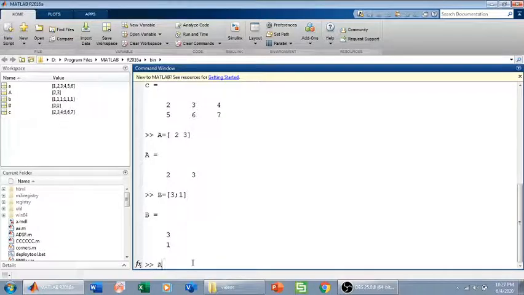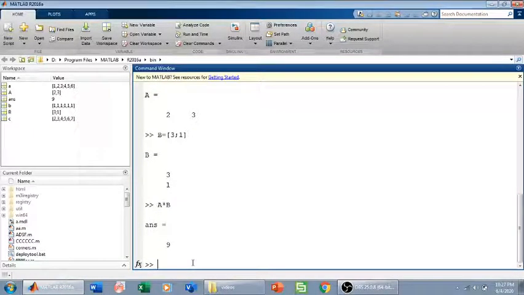So I can simply write A star B. Star is the matrix multiplication. Here we go. These two have been multiplied. What if I want to multiply elements in the matrix element wise? To do the element wise multiplication, I need to use the dot